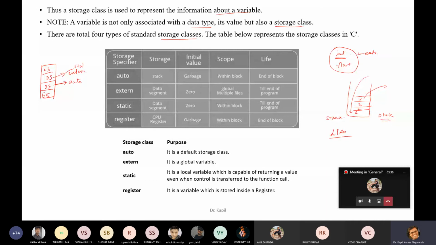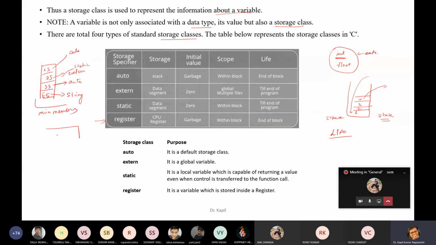Okay, and this code segment will hold the code, our program, and the extra segment will hold the string. So this is how you can use it. Now the question may arise: where can we store this register variable? If auto is stored at the stack segment, and the data segment holds static and external variables, then where does this register variable go? So a register variable is a portion of main memory.